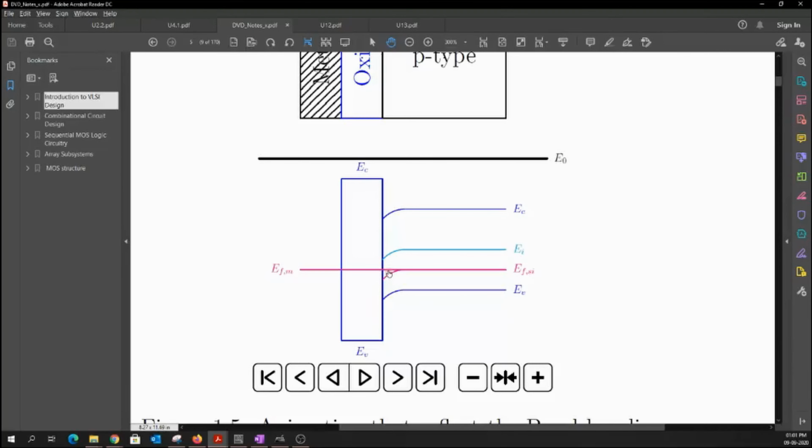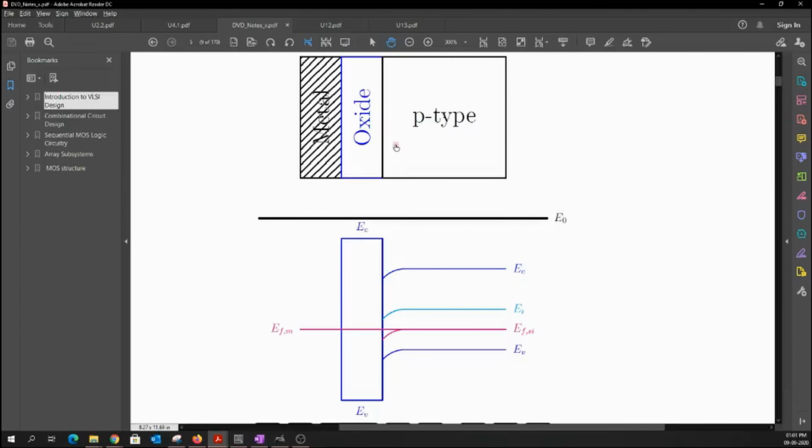So now what is happening is that when I switch here, you could see that the Fermi level and this valence band difference becomes higher than compared to the difference between this point and this point. You don't worry about this curvature that I have for the Fermi level. Okay, I couldn't be able to remove that in that animation part. But when I see here, the Fermi level difference between this point and this point, which is nothing but my valence band, is higher. So what it means is that the concentration of my holes near this oxide and this p-type is reduced.